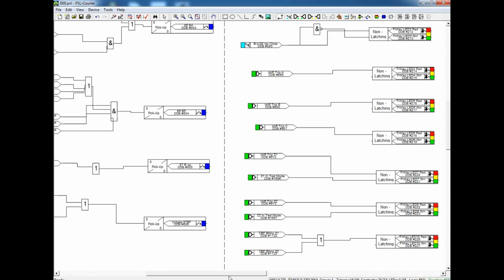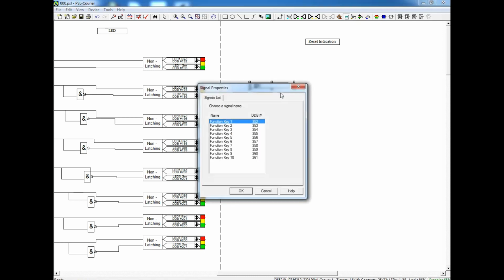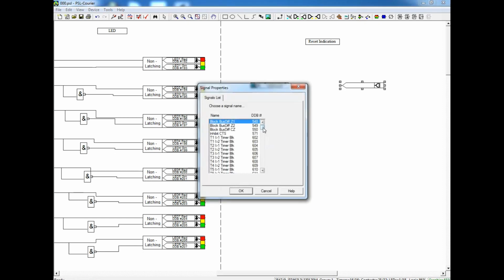And finally I am going for reset, that is, reset of the LEDs and the relay also you can reset. Here I'm going to use function key 9. This function key, most probably you don't use as an LED because you can get confused. You can free this function key for this particular reason. So I am making a direct contact. When you press this function key, the relay LED gets reset and the relay contact also gets reset.